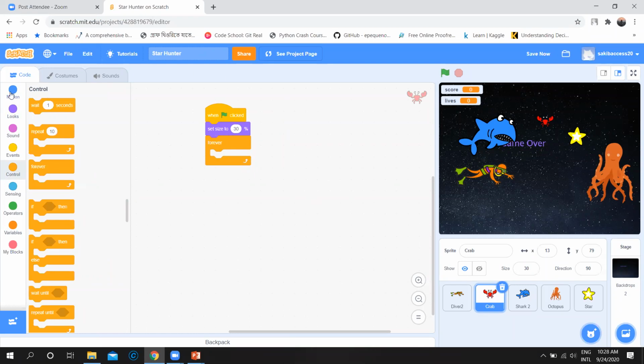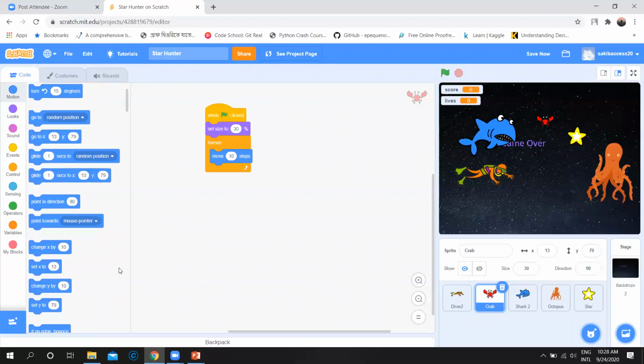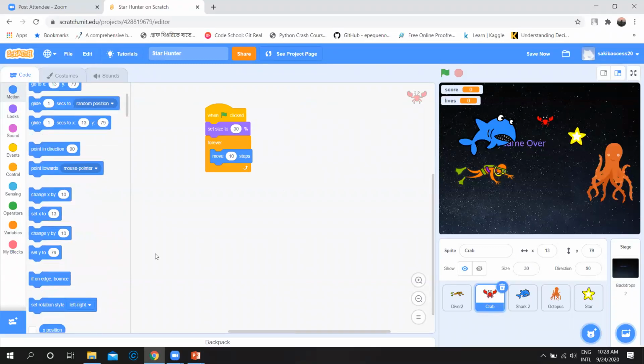So in the forever loop, move 10 steps, and add the option if on edge, bounce. That means whenever it touches the edges, it will bounce, it will return back again, and continue moving.